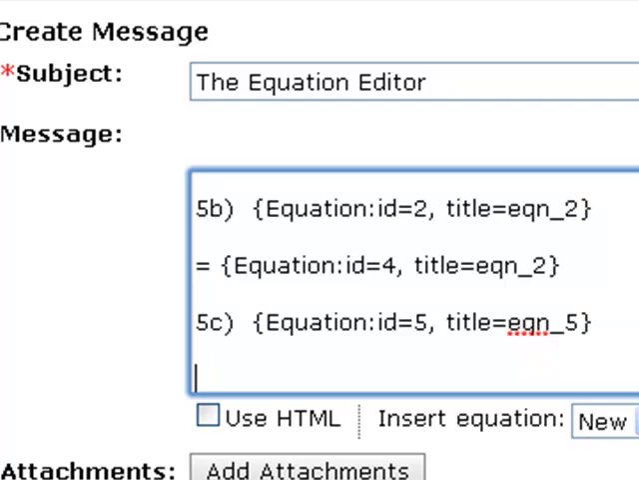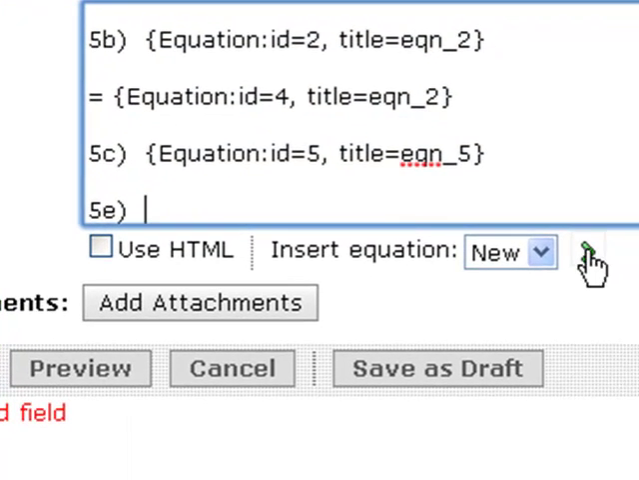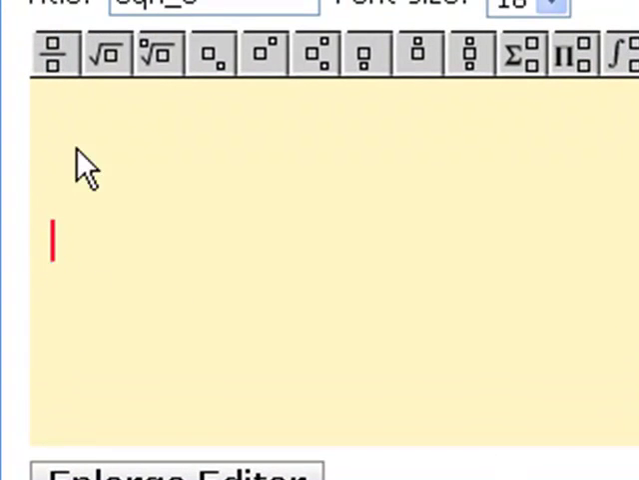I'm going to do letter E, 5E, which has a square root in it, and it's also got exponents. This is going to be a brand new equation, so I'll click here. And it's going to be a square root to start. So I'm going to start with a square root. Now